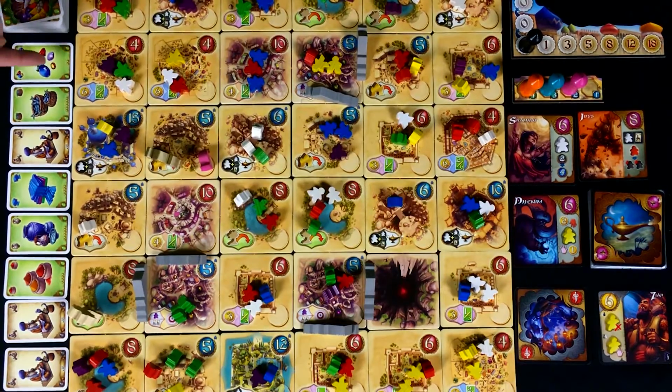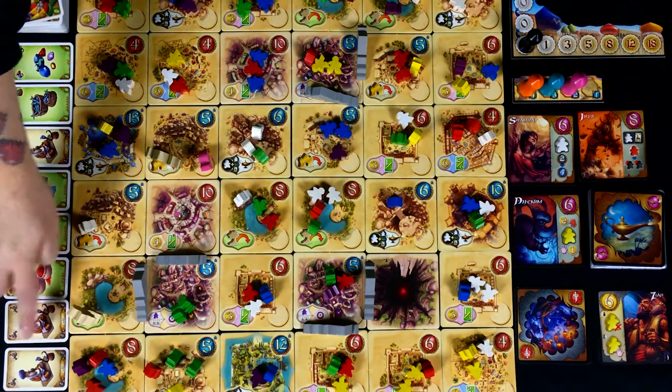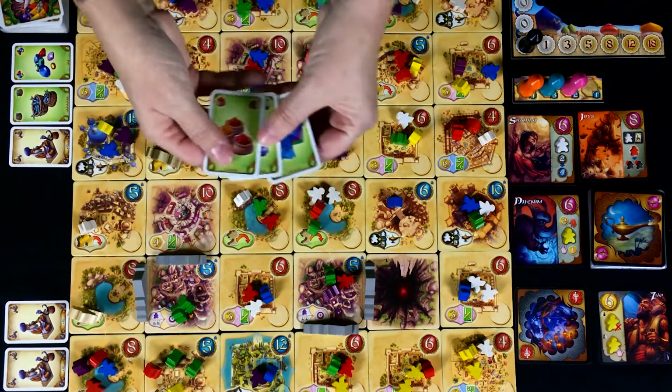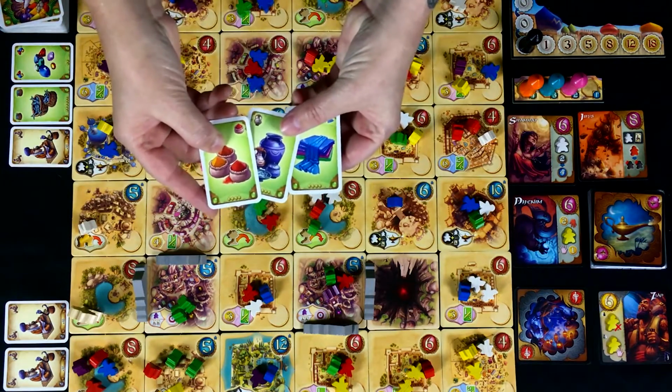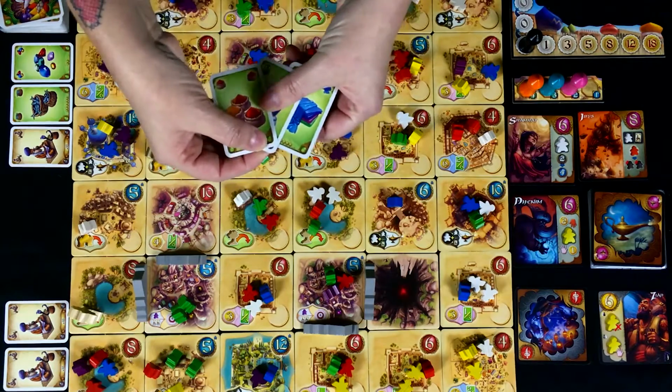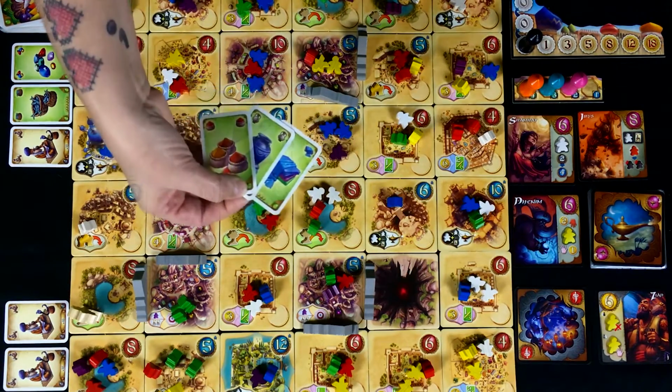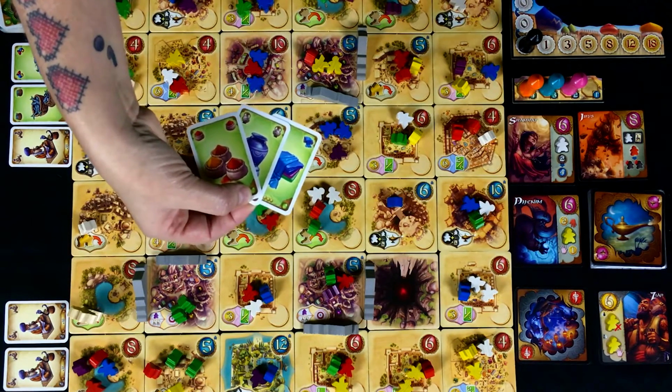Lastly, you're going to score for your market cards. So minus the fakirs, you're going to score for the different types of resources you have. In this case, I have 3 different types of resources. So it's a set collection of different types, and you will score 7 points